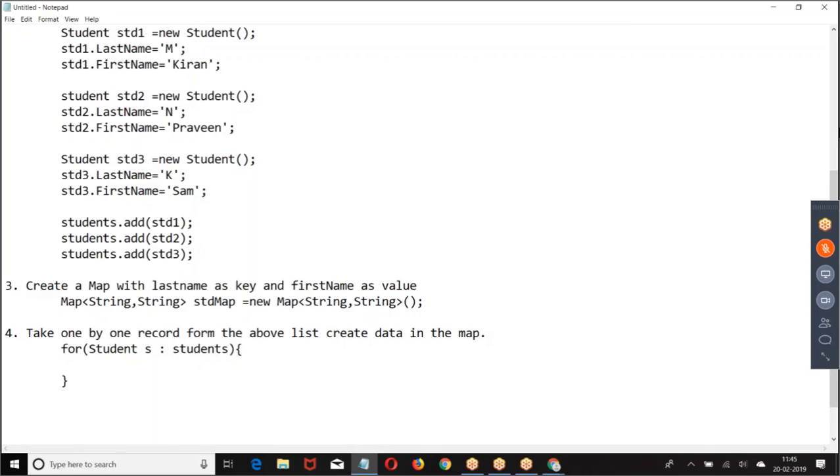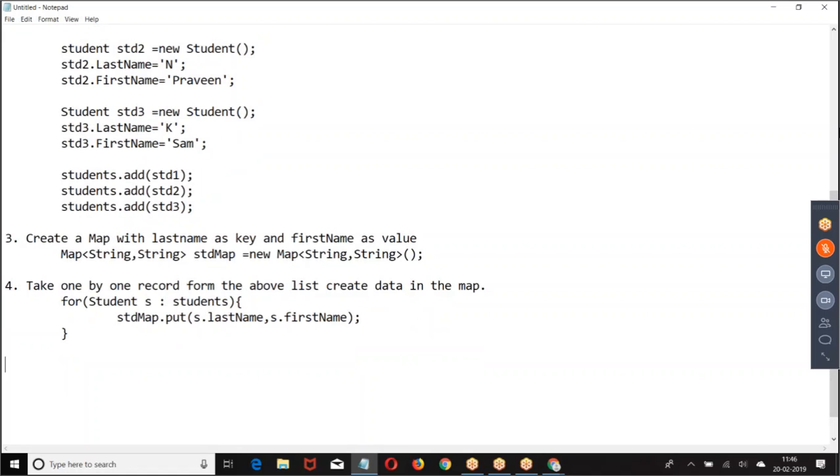Take one by one element, then insert the data: studentMap.put(s.lastName, s.firstName).